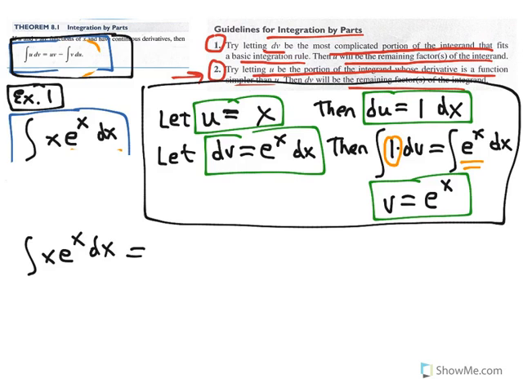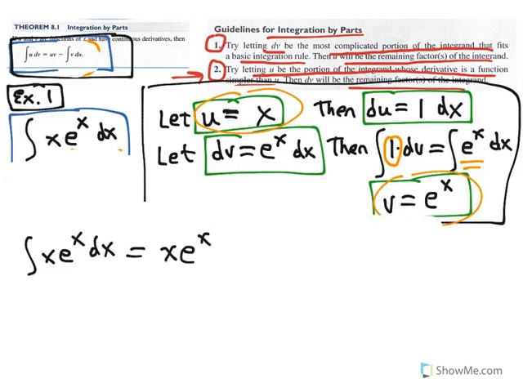So u is x, v is e to the x. So we write u times v, x times e to the x, minus the indefinite integral of v du. So minus the indefinite integral of v, and v is e to the x,